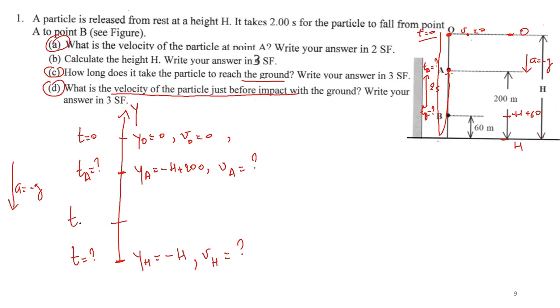TB. What is TB? I don't know, but I know that TB minus TA is equal to 2 seconds. YB. What is YB? Minus h plus 60. What is VB? I don't know. I can know it. It's never asked, by the way. I have modeled my problem. I know everything. Now, what else do I know? I know the constant